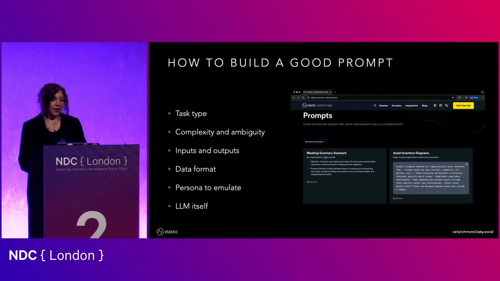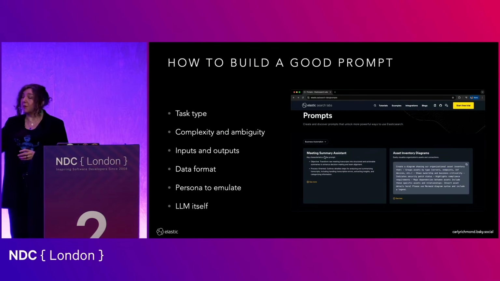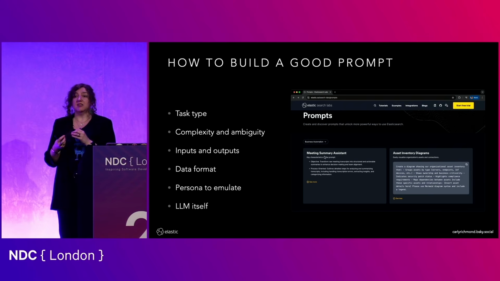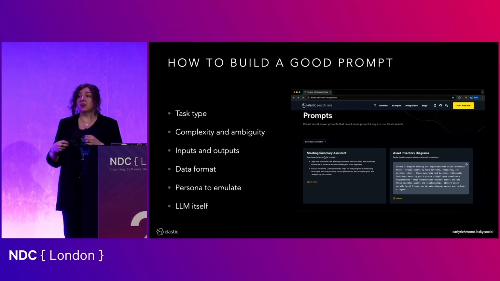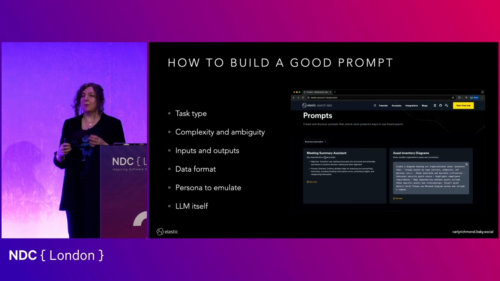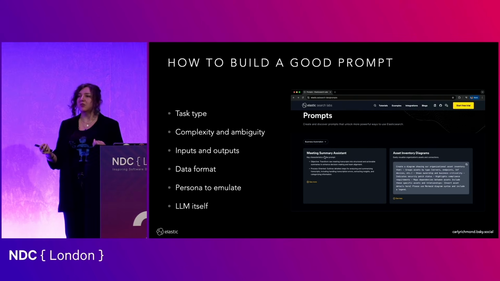So in terms of how to build a good prompt, you need to think about several things. You need to think about the task type, because the task type is going to help you understand what particular prompting strategy is going to help you. So do we need to consider a chain of thought prompt versus something of a more traditional structure, or maybe something else? You need to think about the complexity and the ambiguity both within the task and within the prompt that you are using. If you end up having a really complex prompt with perhaps too many examples, similar to the construct of overfitting, your LLM doesn't have any flexibility in where to go. That might be what you're going for, but sometimes this can actually impede the LLM's ability to generate the desired result.